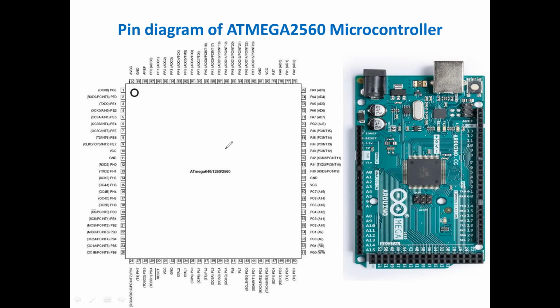So here you can see the pins starting from 1. Pin 3 is for the transmission pin. And we have a number of ports starting from port A to port L, I think, till L except I. So we have these many ports. You can see one by one, for example port C, and we have port A.